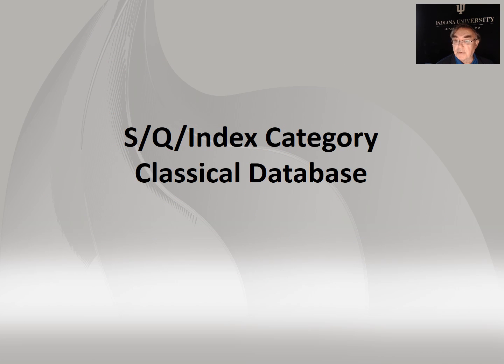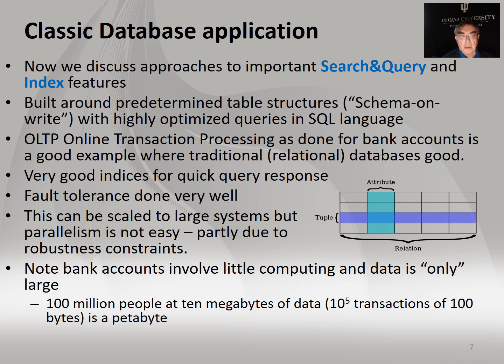Now, in this section, we're starting a set of subsections which go into details in some areas of the application structure. The first one we're going to look at is classical databases, which are part of the search and query index category. So obviously this has been studied for a long time, and actually it's not an area I'm a great expert at. We have tables, which are